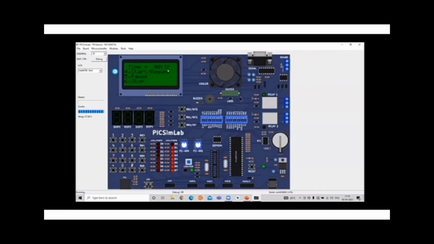Now I can set the time, just like in micro mode. Let us wait for some more time. Let us wait for 90 seconds.